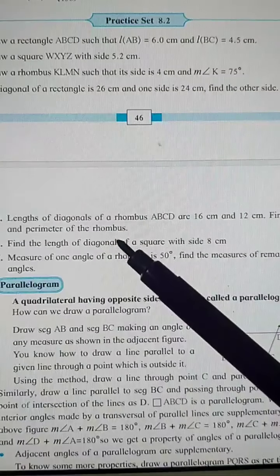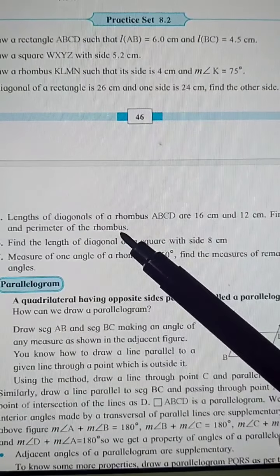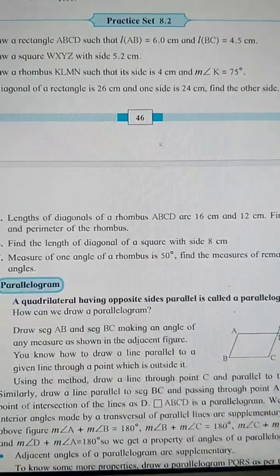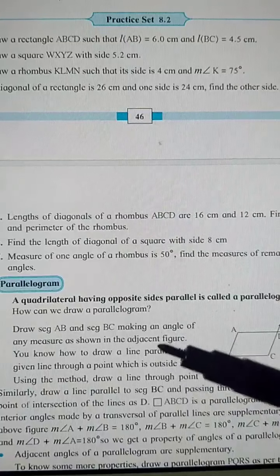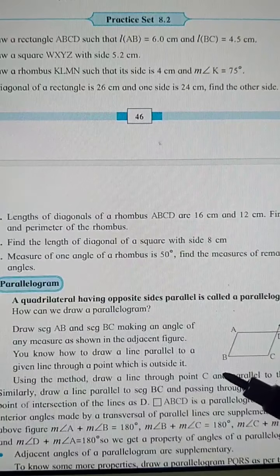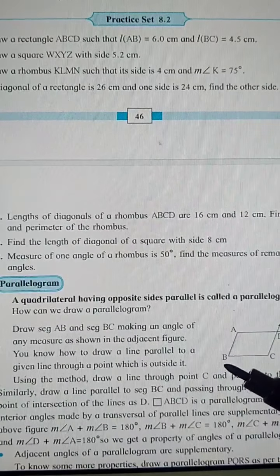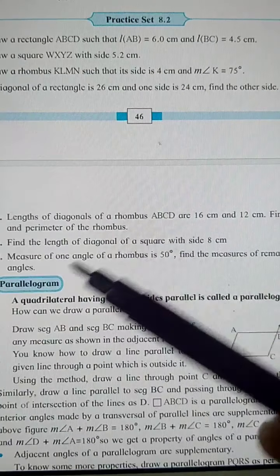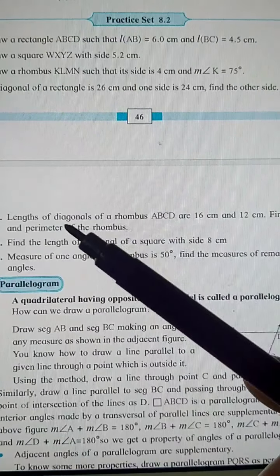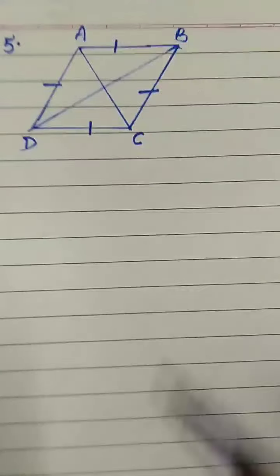If you get the side of the rhombus, we know in a rhombus all sides are congruent. And please recollect the remaining properties of a rhombus. Turn the pages and check if you don't remember. In that meantime, I will draw a rhombus. You also draw a rhombus. Show both the diagonals.